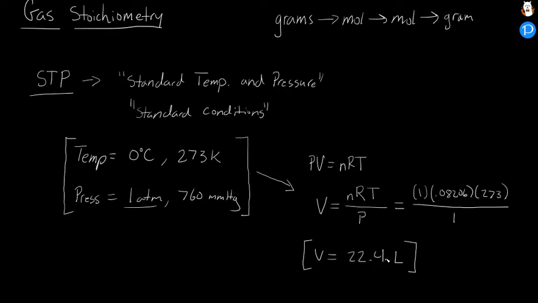Now, that's for an ideal gas, right? So for ideal conditions, which technically are not possible, but they're close enough to this 22.4 that we can assume that volume essentially. So this 22.4 liters is for 1 mole of gas at standard conditions. This is called the molar volume